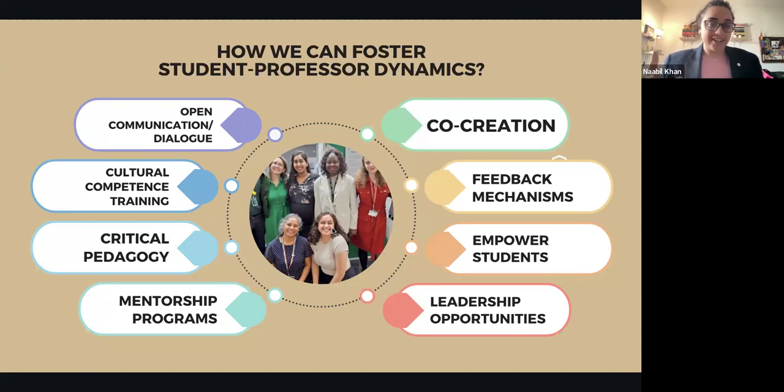Co-creation, so using the conference as an example, co-creating certain initiatives, projects, conferences, papers, things like that will foster a very productive and, I think, sustainable relationship between students and professors in higher education. Another example would be when I created my article with Dr. Maisha Reza. We co-created something that I think is an incredible tool for students and professors alike to see why cultural competence and representation is so important within Times Higher Education.